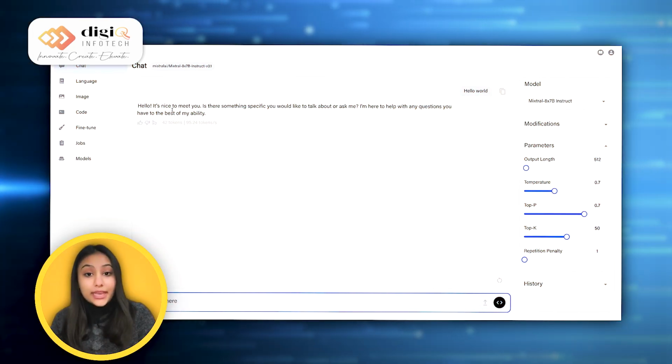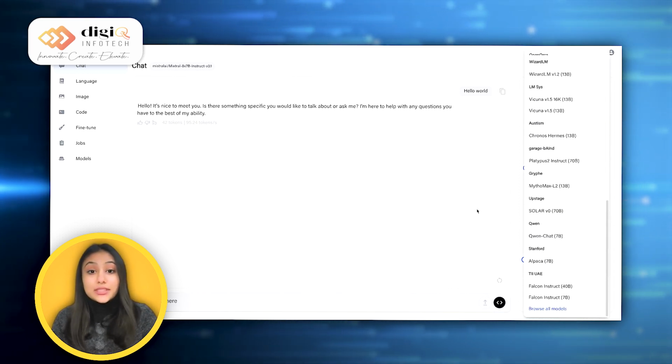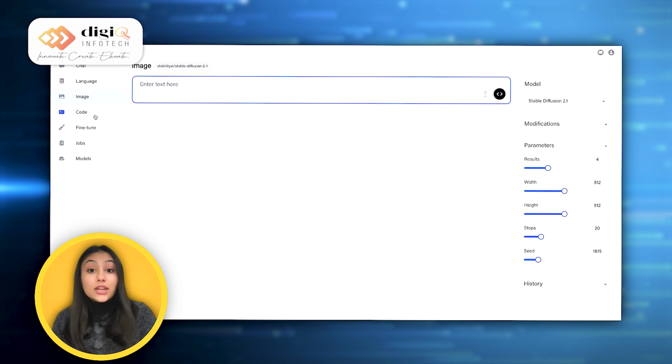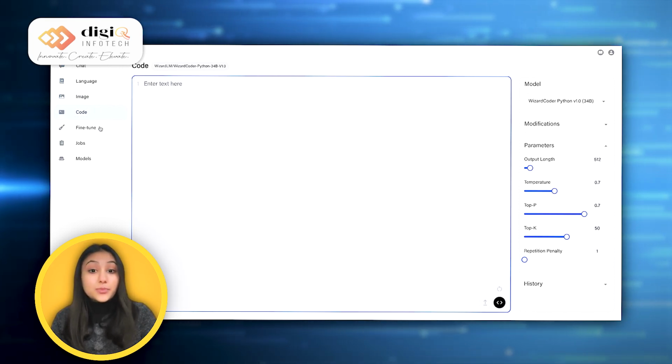Even if you typed something as an example, it will have the prompt there and the type of format that you need for everything. And the other thing that's nice with this is, while there are a ton of text models, there are also other models. So if you're interested in image generation or coding models, that's built in here as well.